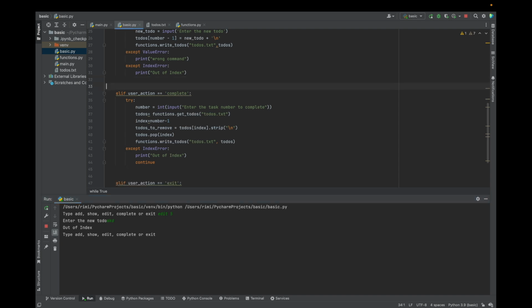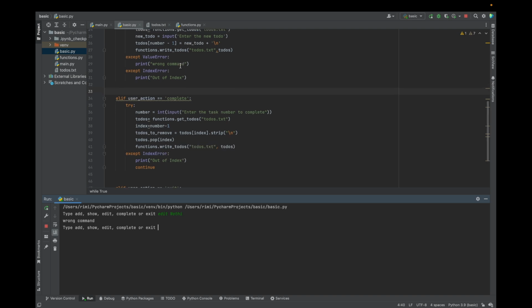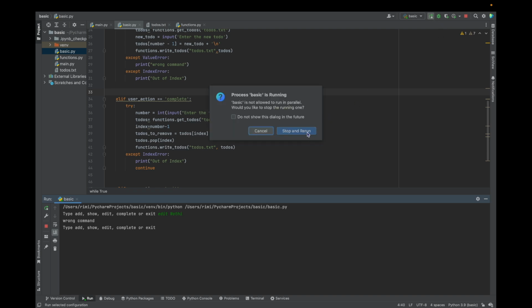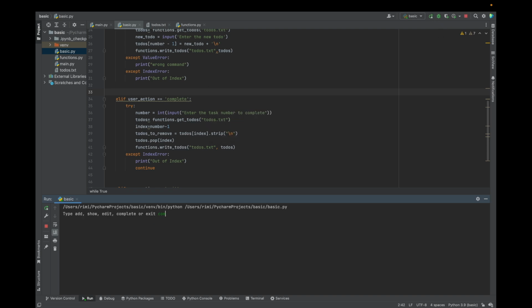Now it's showing out of index and it's not giving an error. We can just type add or complete or exit, right? So that's the power of exception handling in Python. So when we have written something, it's doing wrong command. So it's actually catching both of the errors. Now let's show and